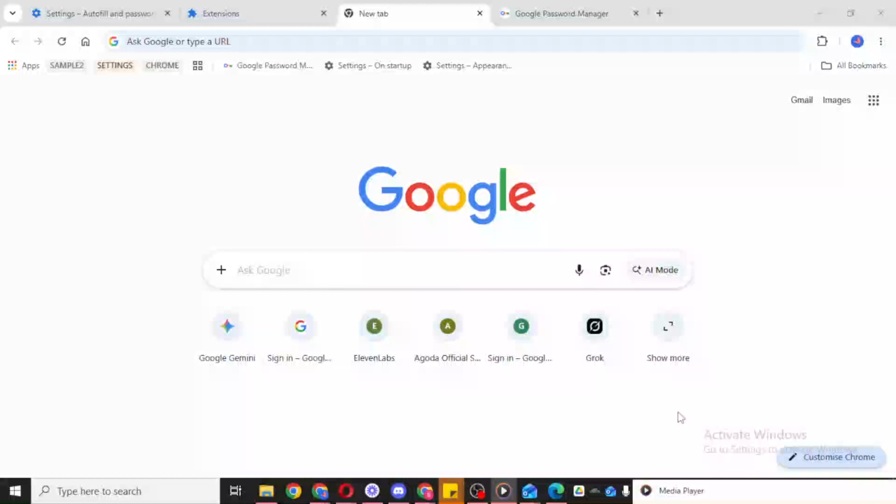In today's video, I'm going to teach you how to find an Outlook password on a PC. If you've previously saved your Outlook login details in your web browser, there's a simple way to check whether the password is stored there. This can be helpful if you need to sign in on another device, update your account settings, or just confirm which password is currently being used.